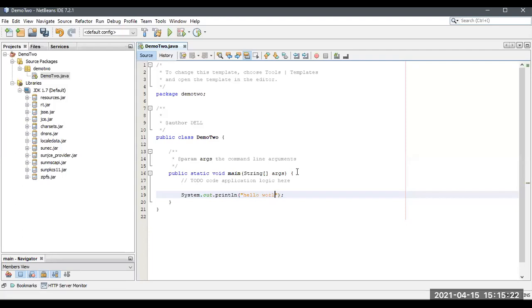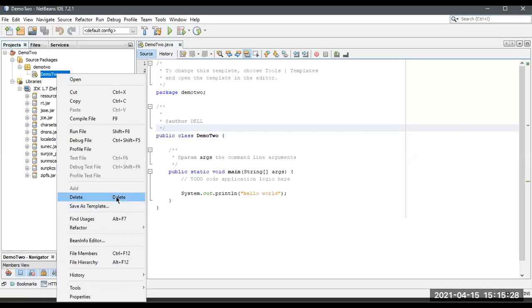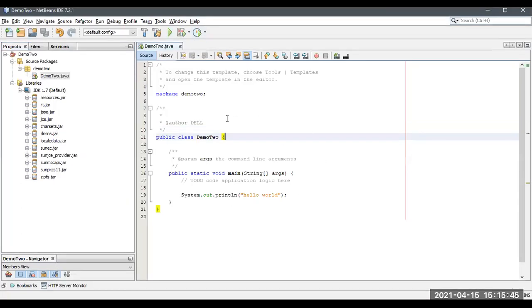Hello world. Okay. So here I'm going to compile this one first of all. So directly it will run, but in the sense of, let me show you the command prompt. I think you know about the command prompt, how to run the program and all. Okay. So here in NetBeans itself, the compilation won't show, it directly gives the output.